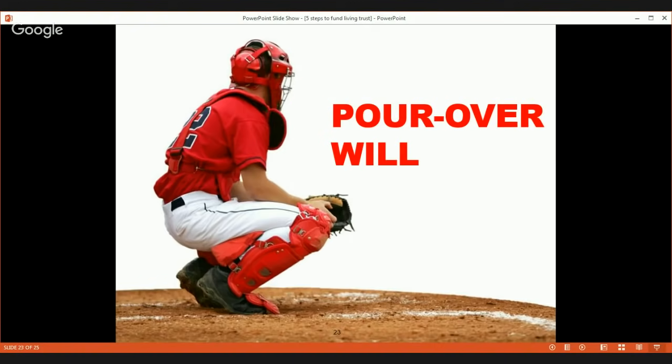Make sure that you go in and make the beneficiary designations so that the living trust is the contingent beneficiary. And then if we miss it all, if we completely whiff and we make a complete mistake and we don't fund our trust, we still have a pour over will. That's our catcher. It's going to keep the ball from hitting the backdrop or backstop. This is going to make sure that anything that we have, we name our living trust as the sole beneficiary of our estate. So even if you manage to not transfer anything into the living trust and everything is out in your name,